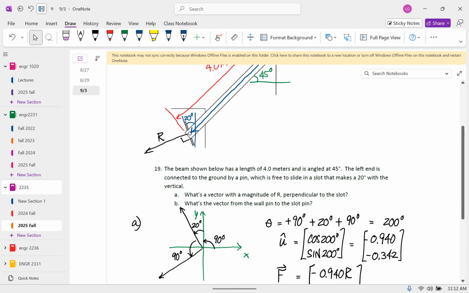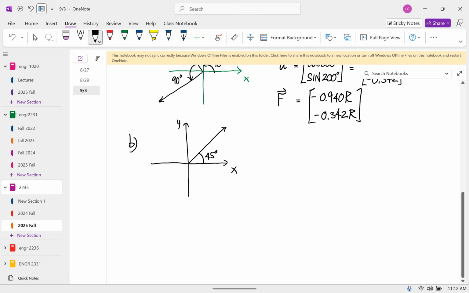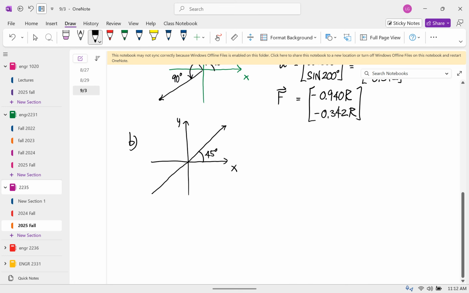And then the vector we want is in the opposite direction. So now this angle is 180. So we have positive 45 plus 180 is 225. And so the unit vector is cosine of 225,